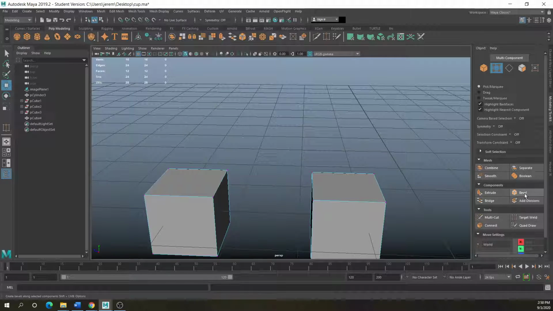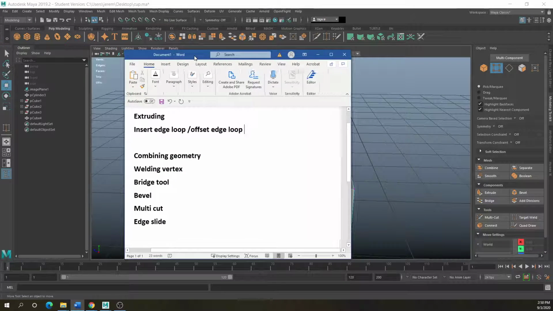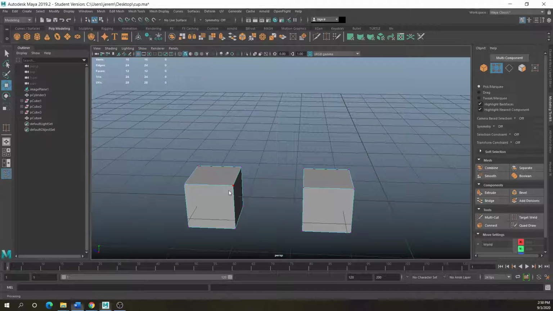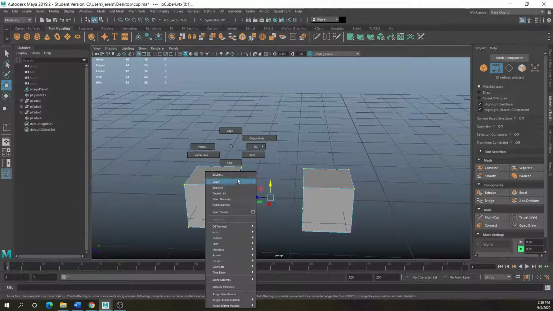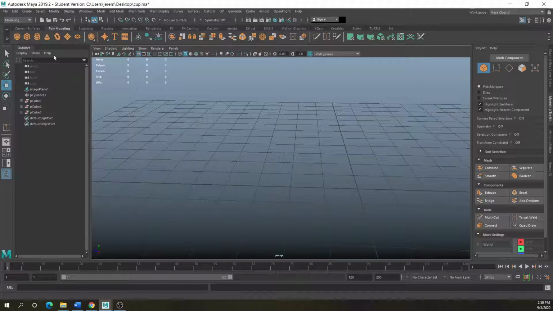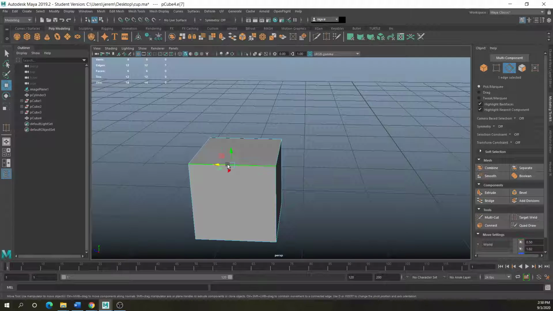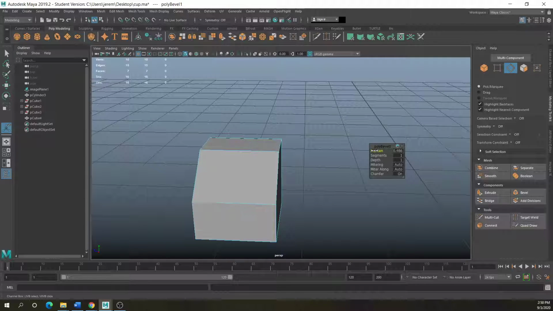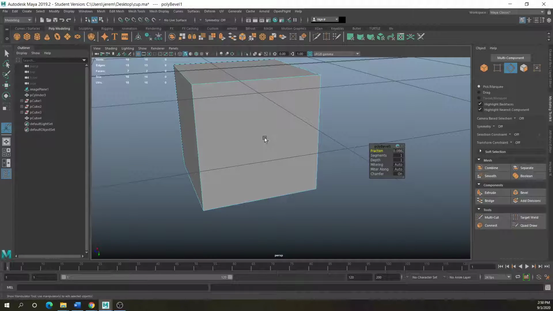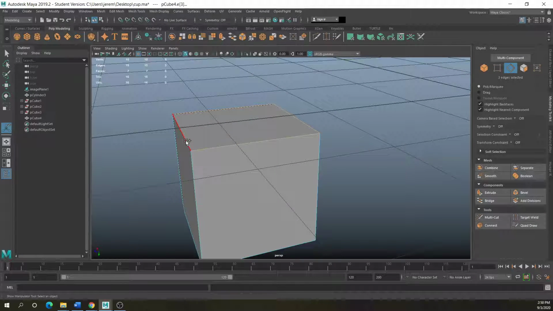So exploring some more of these tools over here, go to object mode, delete, get rid of this. This bevel tool is used handily on the edge tool, really. You want to bevel it out, give it some more of a fraction, basically like that. You can do multiple edges. Say if I turn this thing upside down and selected these 4 edges, selected the bevel, I can just slide and adjust my fraction like that.